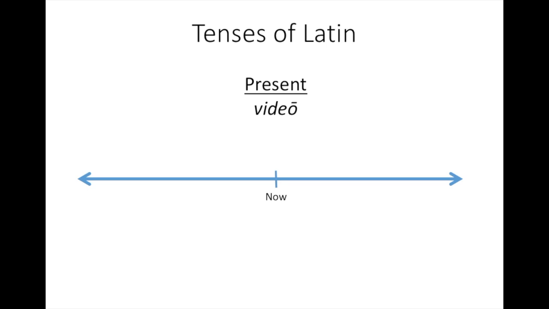So if we look at this nice timeline of Latin tenses, the present tense of verbs like video, which you know already, is talking about what's happening now. And the future tense and the imperfect tense we can locate elsewhere on this timeline. But before we do that, let's add one more